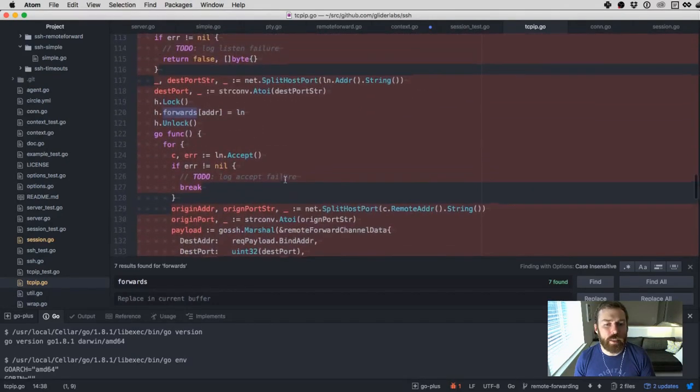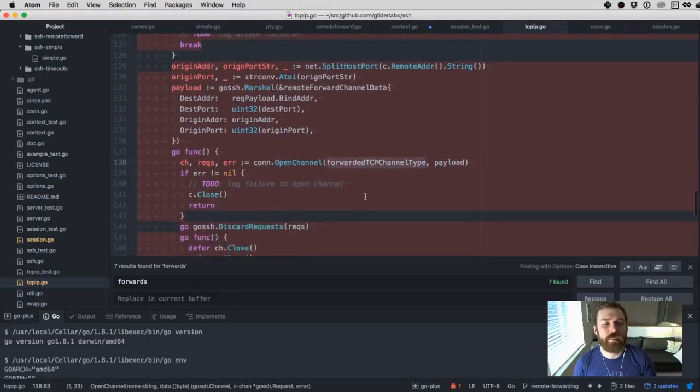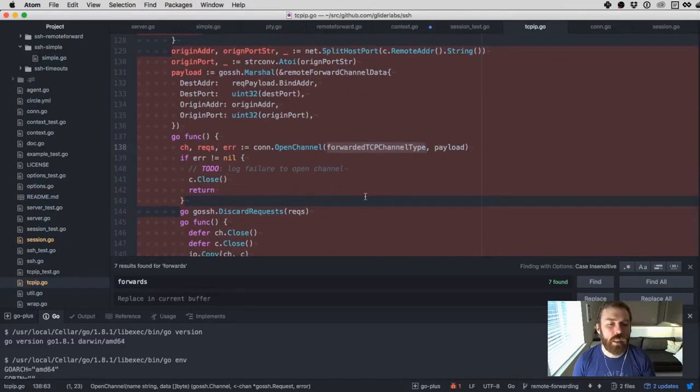When we get a connection, we do open channel, forwarded TCP/IP channel type. And then it does this handshake, right, where I have to accept it. But I'm not even getting the request. What is going on? Open